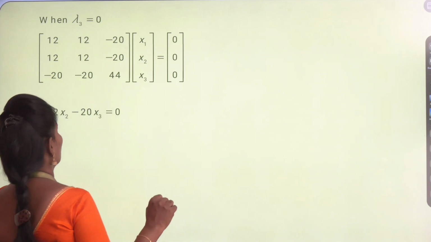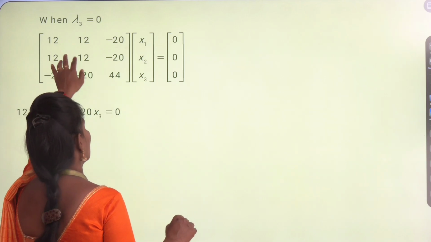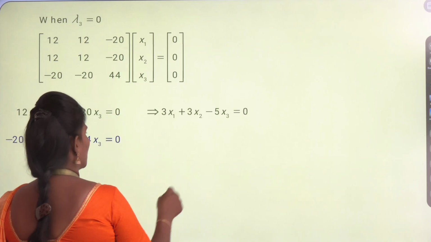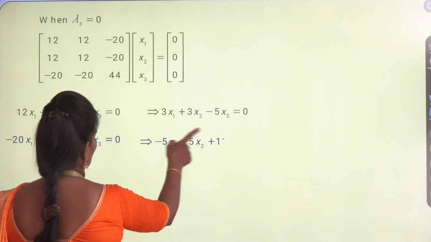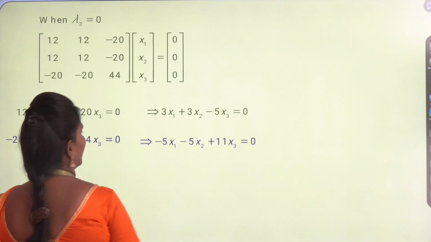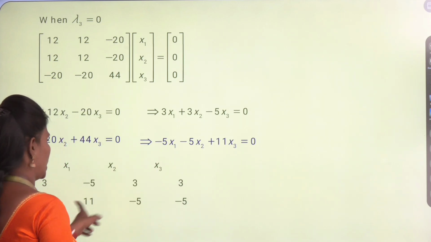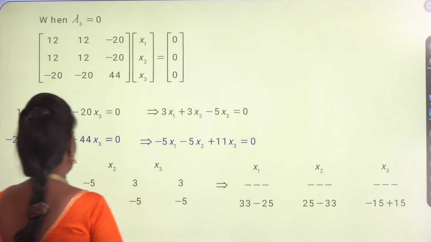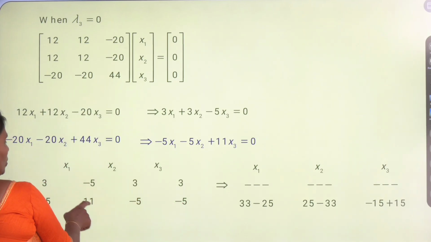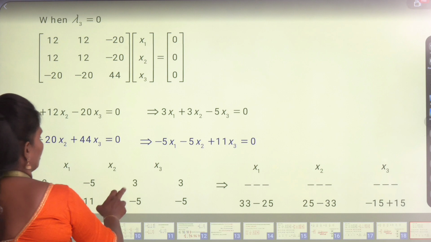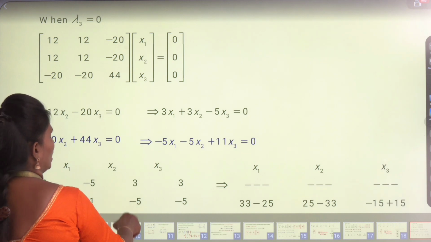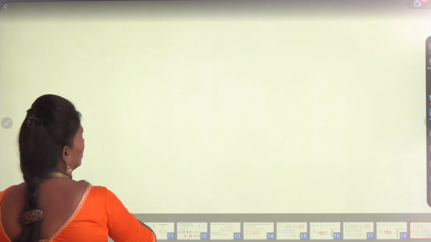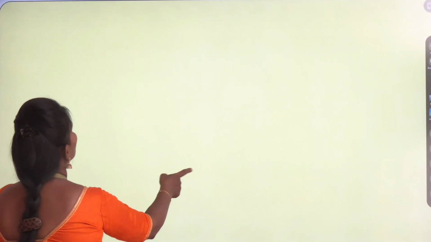Because the third value is 0, you're going to subtract the 0, the same matrix only becomes here. To solve this, we want only two equations, so two equations are enough here. Solve these two equations, you're going to get the third eigenvector. Similarly like this. See here. Then it's just the same cross multiplication, 3 into 11 minus 5 into minus 5, then minus 5 into minus 5, 11 into 3, 3 into minus 5 minus 5 into 3. Now you solve this, you're going to get the third eigenvector.